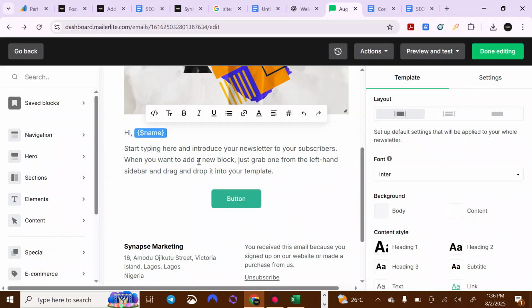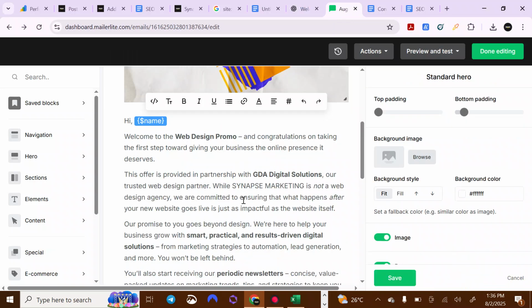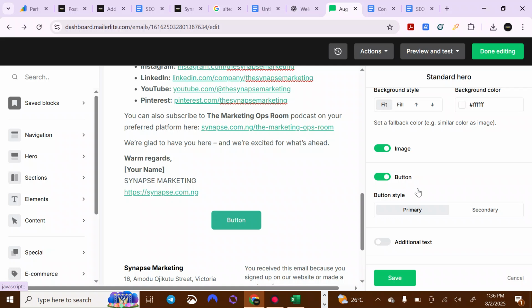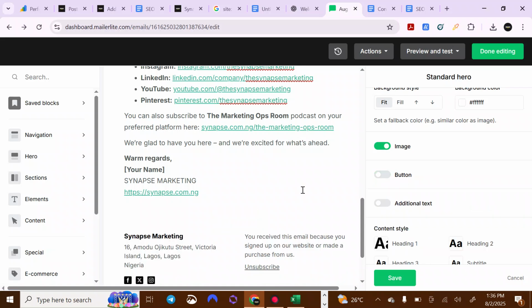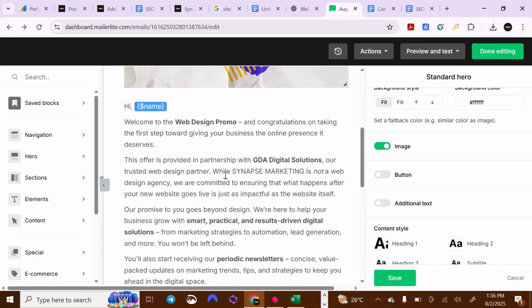Just go ahead and copy everything. All right, paste it. Let's see, I don't think we want this guy. I don't think we want this button. I want to be able to, okay, yeah, so this is a button. I put it out. All right, so now let's